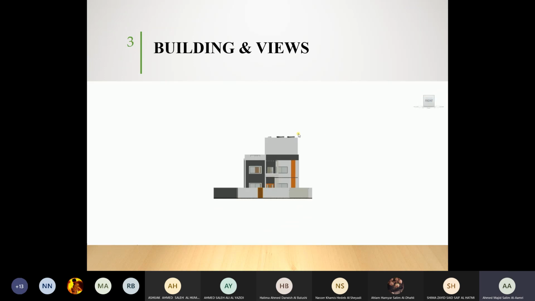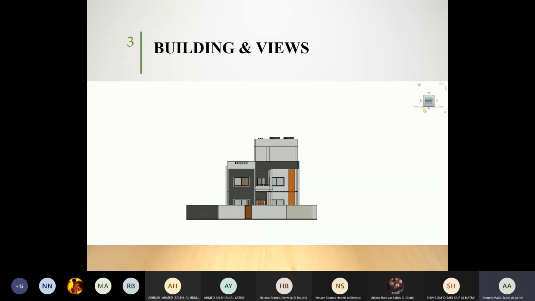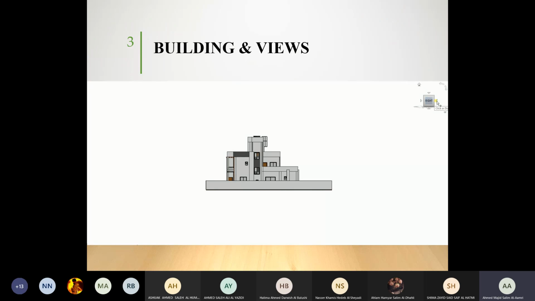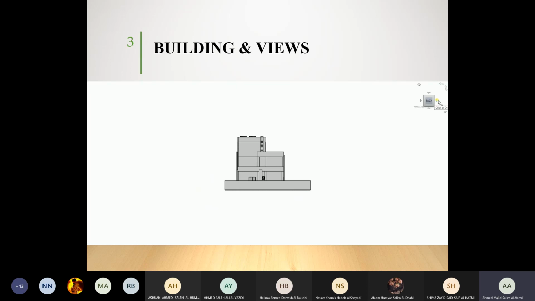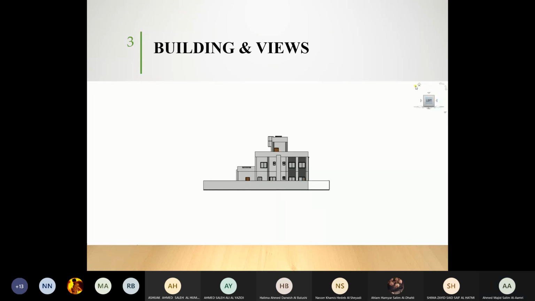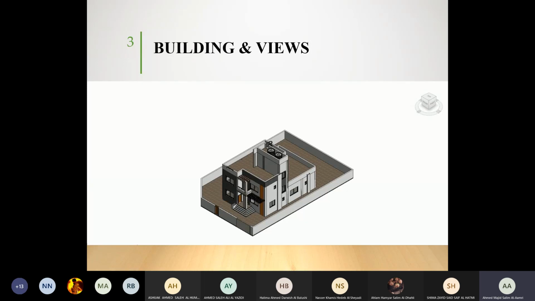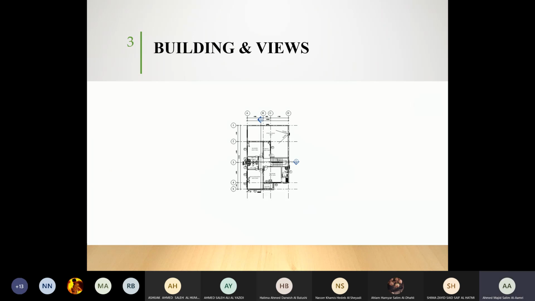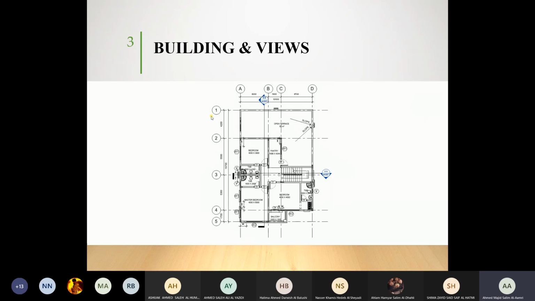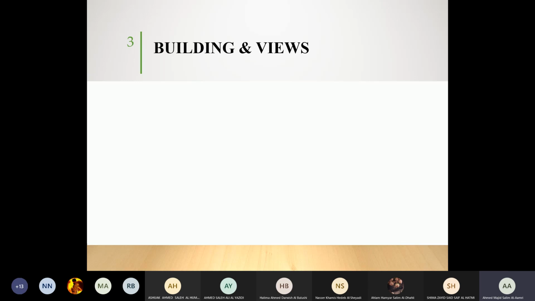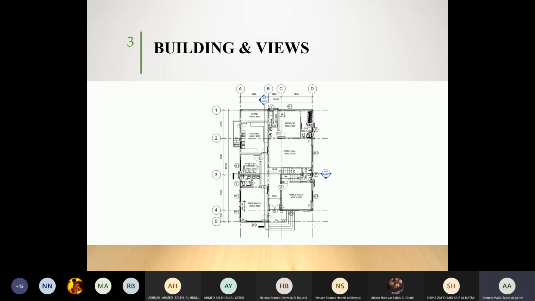And then this is what we call an elevation. Elevation is whenever you are seeing your house from outside. It's a 2D view. Okay, so different elevations, different sides. So we have taken the 3D or perspective, and then we have taken the elevation, which is from outside. And then now we have the plan. Whenever you are seeing your building from the top, this is called a plan. And this is what we call an architectural plan.